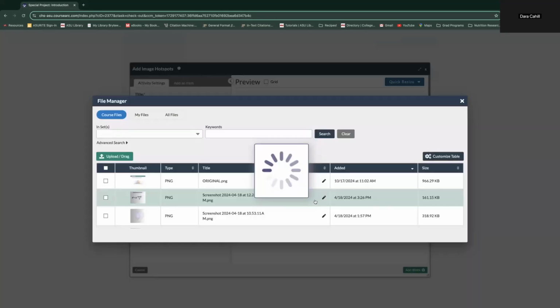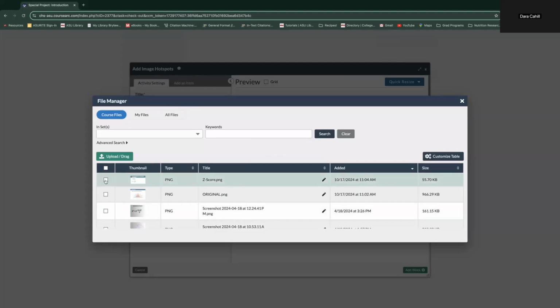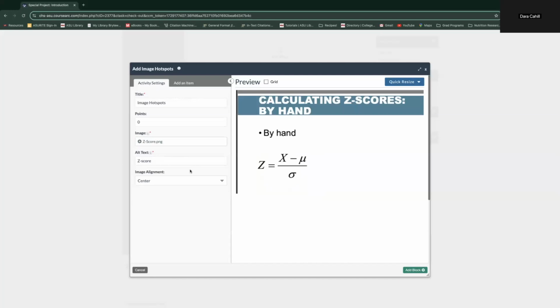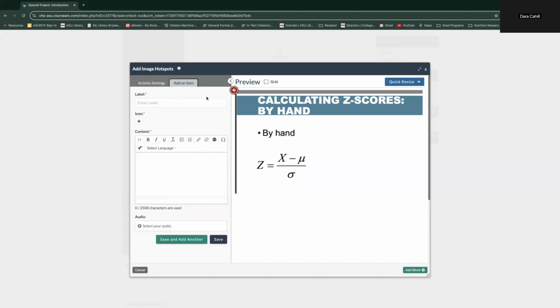Okay, so let's choose this one. Choose. Okay, so you can always change how it's going to be sitting on the page, and you'll see this. I'm going to do it left. Okay, so I want to add an item onto the page. I'm going to do this as the